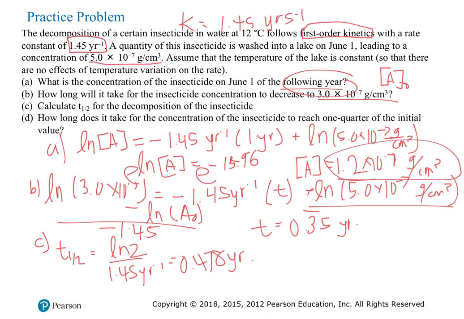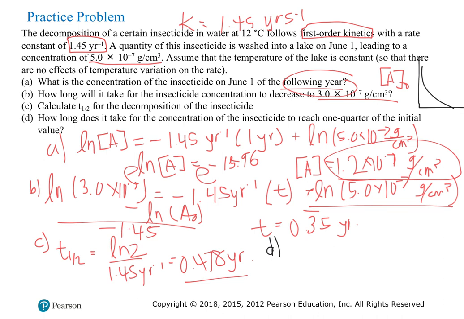So it would make sense that after a half year, we would be at the half-life. And then for D, I'm going to do a different color just because it's kind of hard to follow now. How long does it take for the concentration to reach a quarter of the initial value? So for this one, we want to realize, okay, if we start with 1,